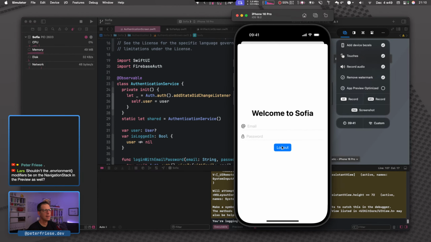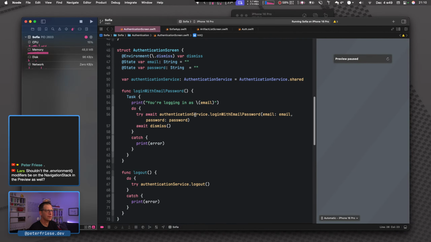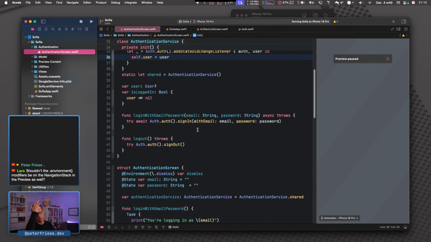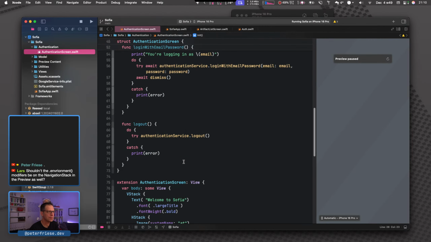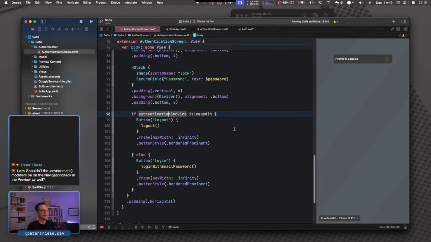So why do I think this is not such a great way to do it? Well, anything that alters the structure of your view makes it hard for SwiftUI. You need to make sure that there is view identity, and if you're doing it this way, then you're making it harder for Swift to understand the structure of your view. So a better way to do this might be the following.